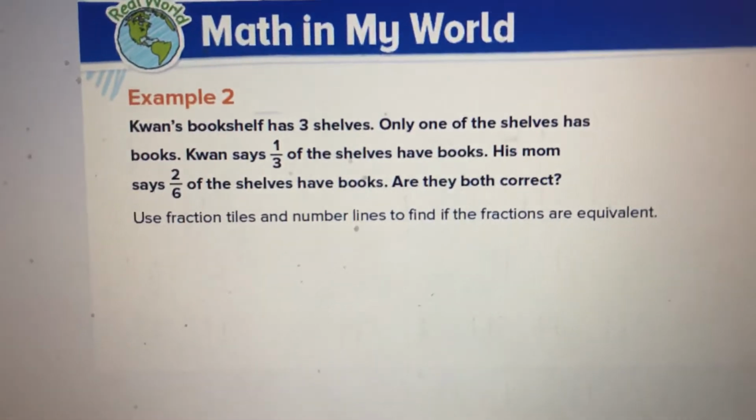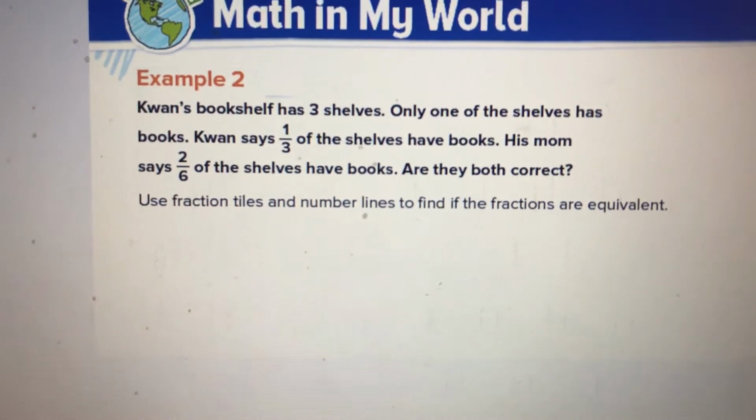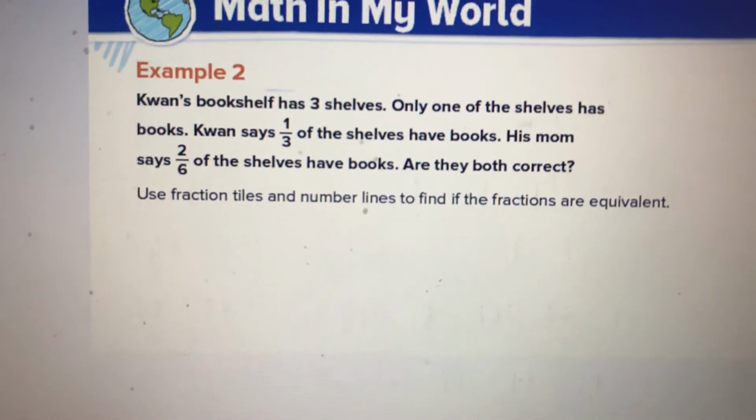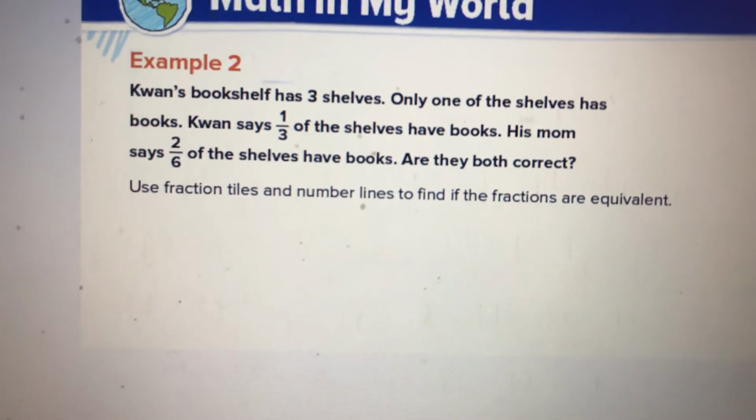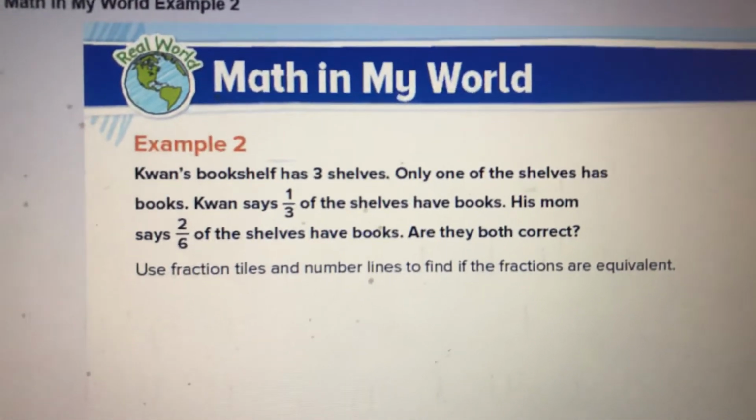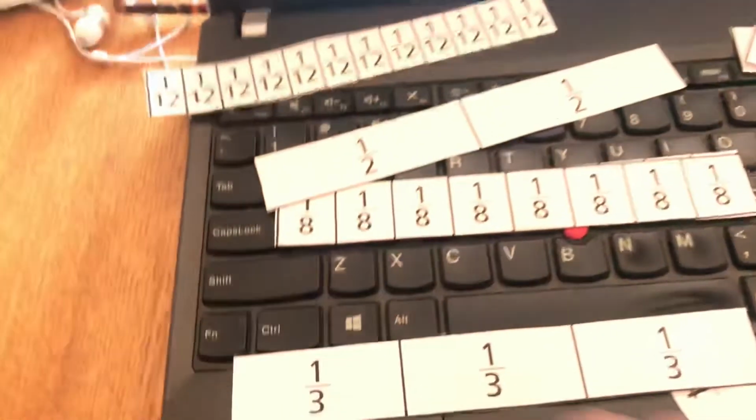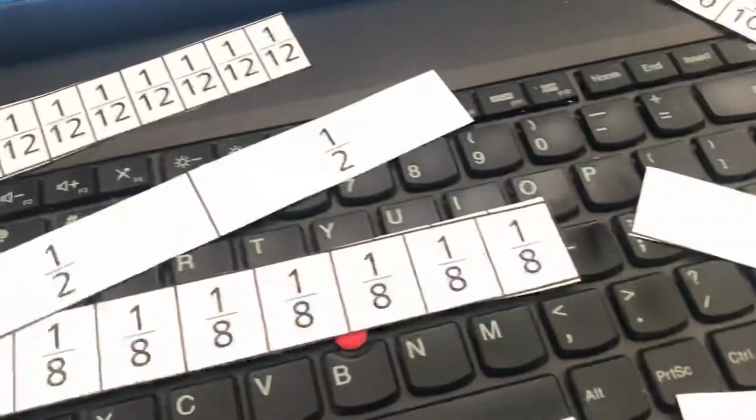It says Kwan's bookshelf has 3 shelves. Only one of the shelves has books. Kwan says 1/3 of the shelves have books. His mom says 2/6 of the shelves have books. Are they both correct? Well, for me, I'm going to get out my thirds, and then I'm going to get out my 1/6, and I'm going to see